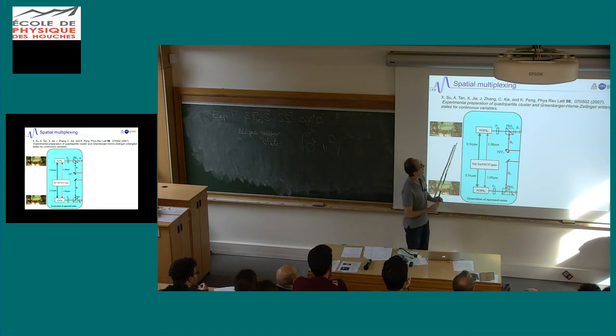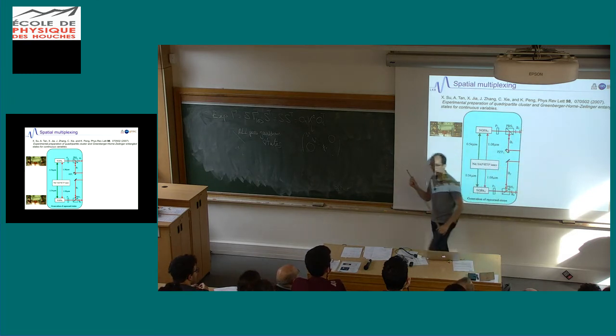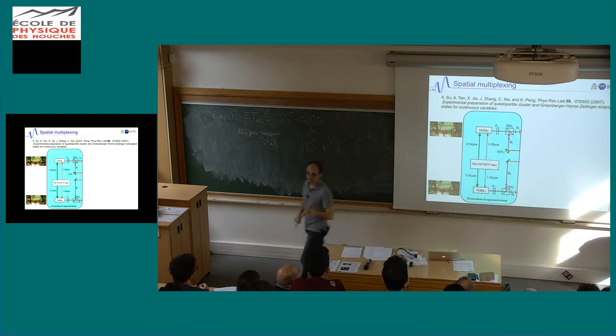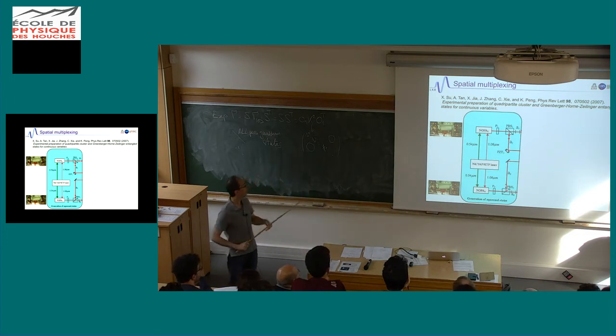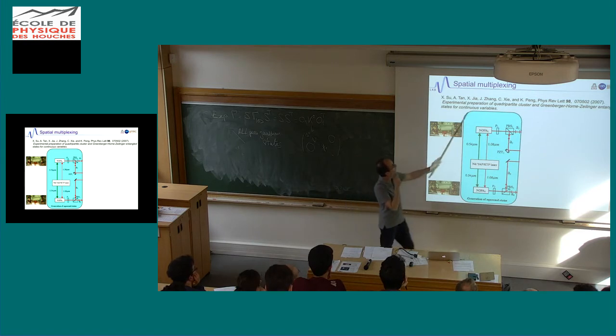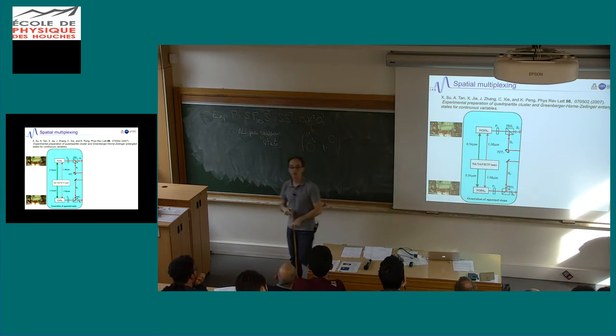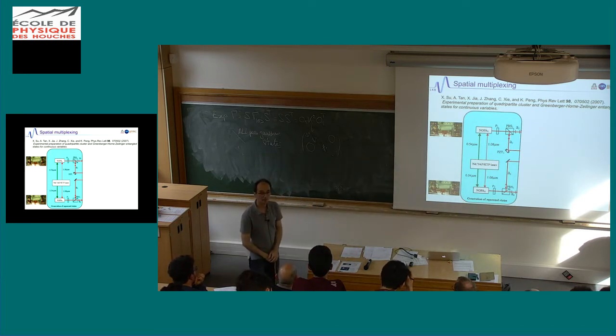One of the first articles really doing that is from a Chinese group. They wanted to generate this kind of GHZ state for continuous variables. A GHZ state, I don't detail exactly, but it's a 4-mode. So they wanted a 4-mode cluster state. I will come back to that. But it's a 4-mode entangled state. So they want to get a given covariance matrix of a Gaussian state.